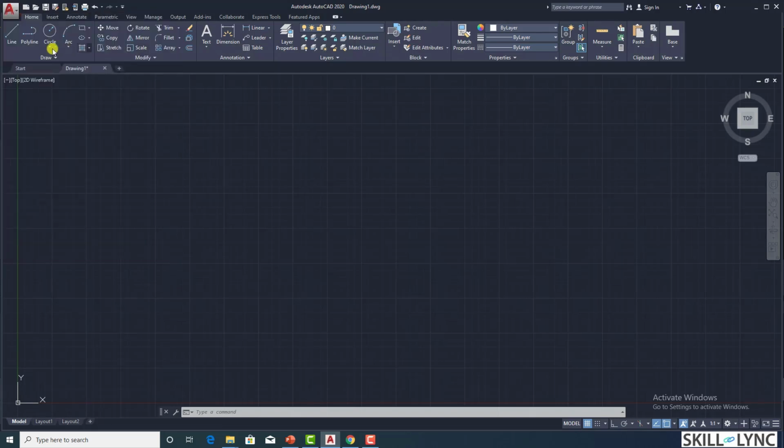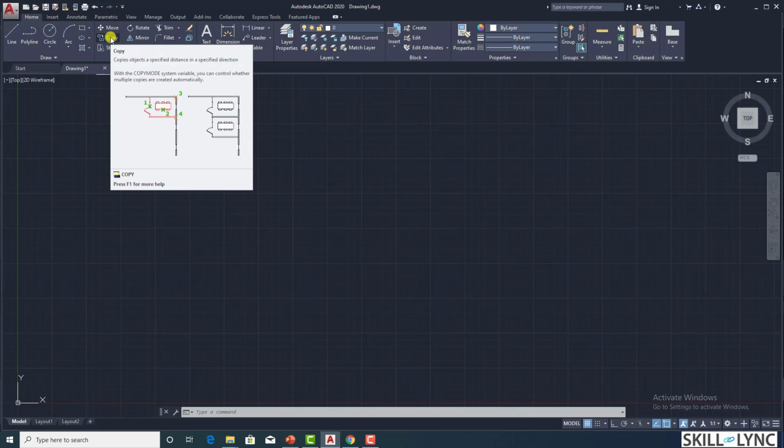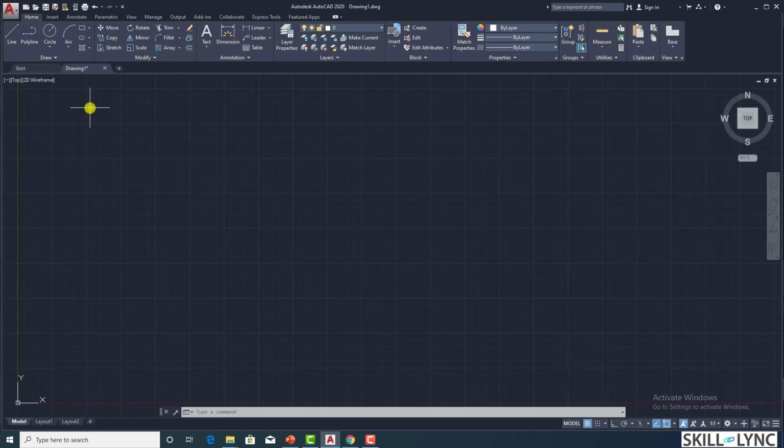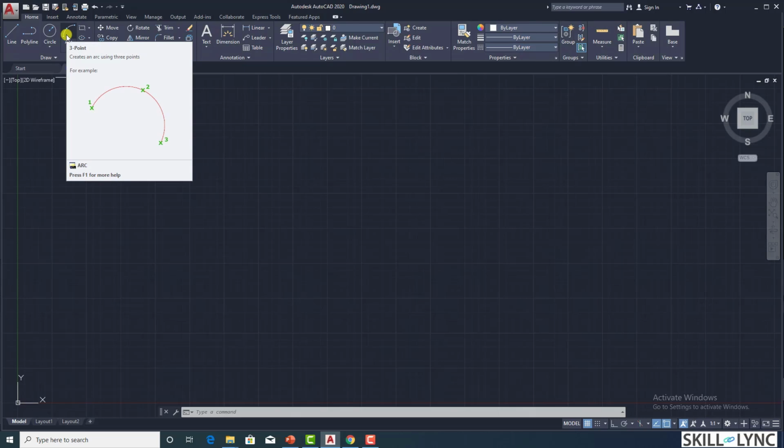And following which, the bigger one, this is your ribbon, wherein you can call in the relevant commands that you want to work with. For example, if this command is copy, you can click on it to generate it. And if you hover on this object, you will get the info tip. And if you hold it further, you will get an extended menu tip. For example, if you want to know about the arc command, hover over it, it shows creates an arc using 3 points, and still further it shows how it is generated.